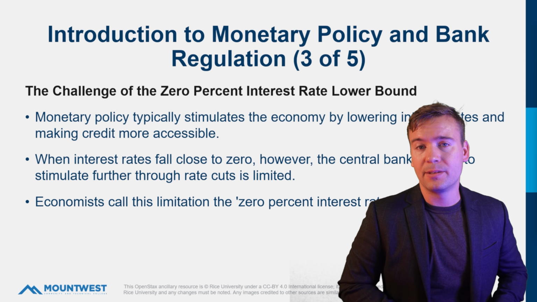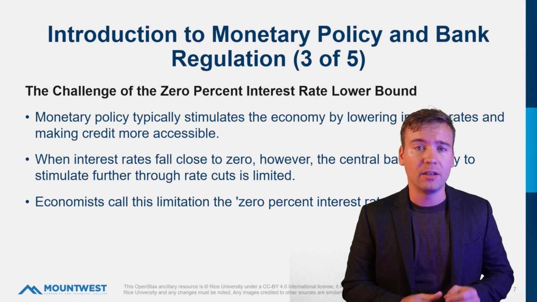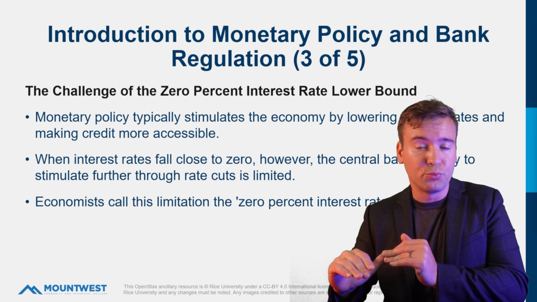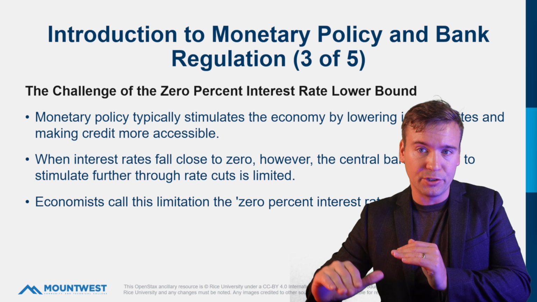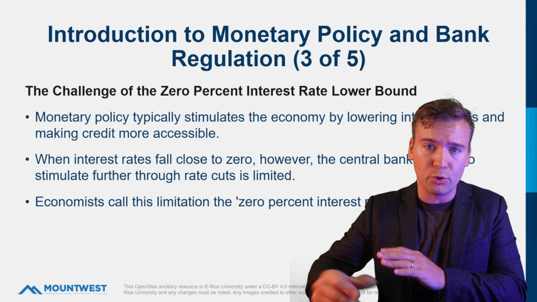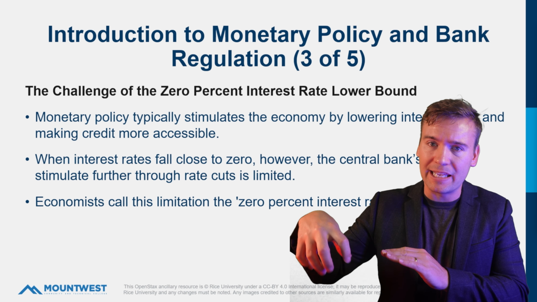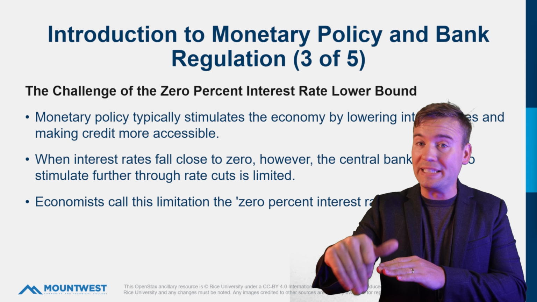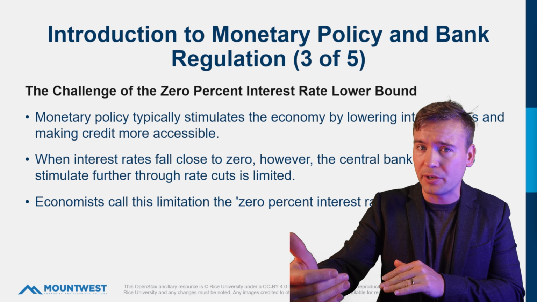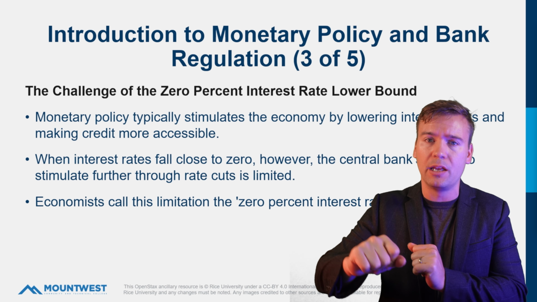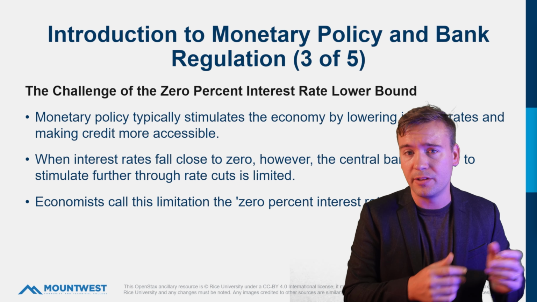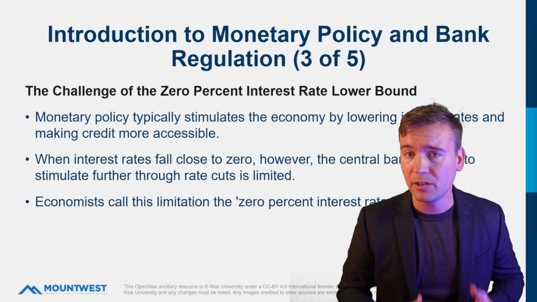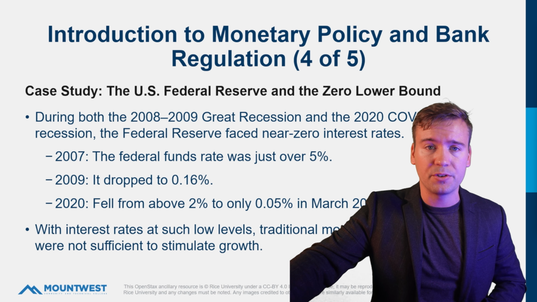So the central bank's ability to stimulate the economy through further rate cuts when they're already down low is really, really limited by that zero threshold. It's like hitting a wall or hitting a floor that you can't get underneath. You can't go past that wall. You can't break through, or else you're risking just giving money away. That's what negative interest rates means. You're literally giving money away. So that limitation, the 0% interest rate lower bound, it can be kind of a headache for policymakers, just something to be aware of in all this conversation.